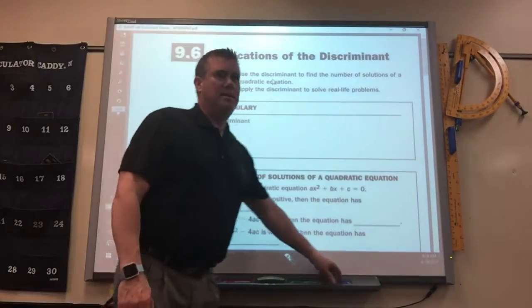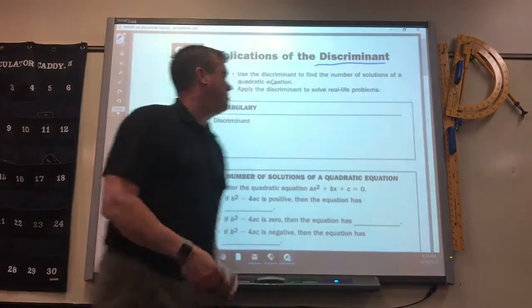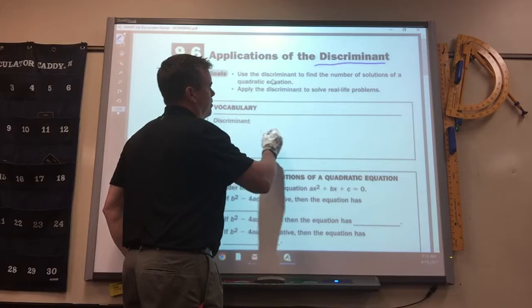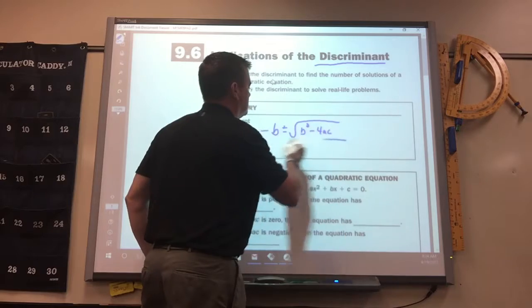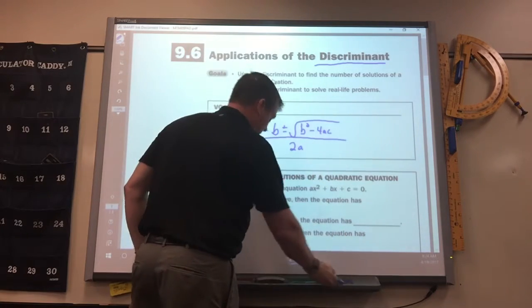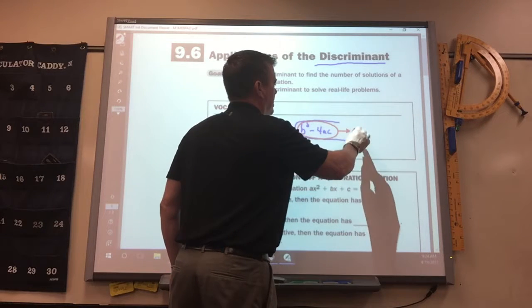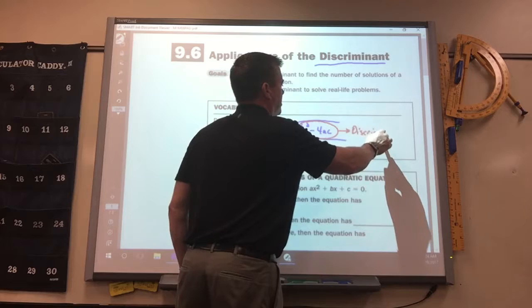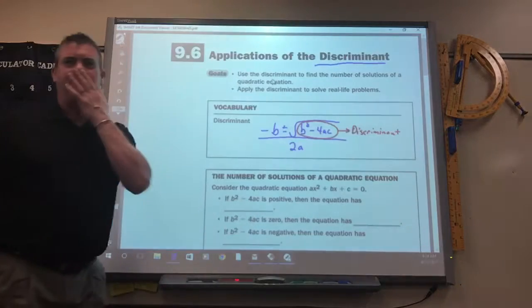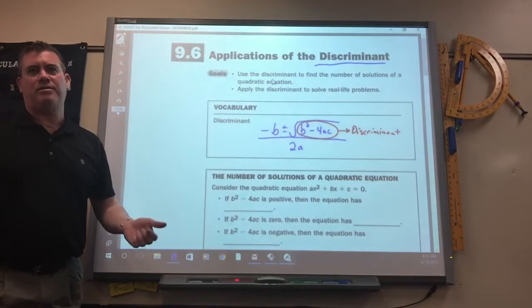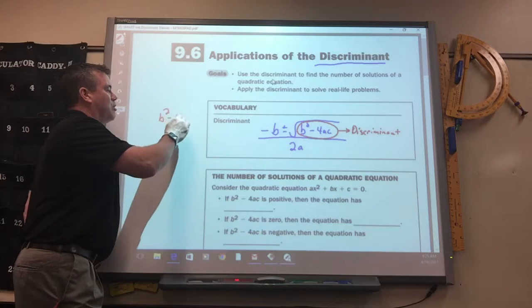Okay, this lesson, applications of the discriminant. In the quadratic formula, the part under the square root is called the discriminant. Okay? So, if you remember way back the first section of this, they had you solve b squared minus 4ac,